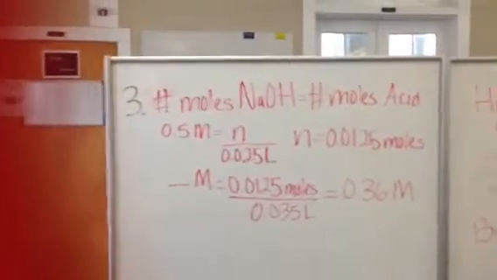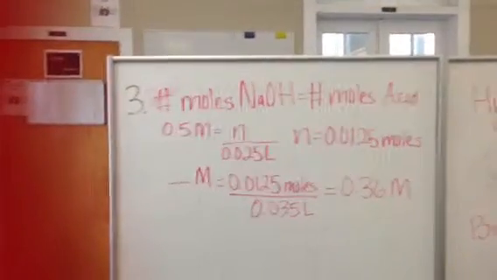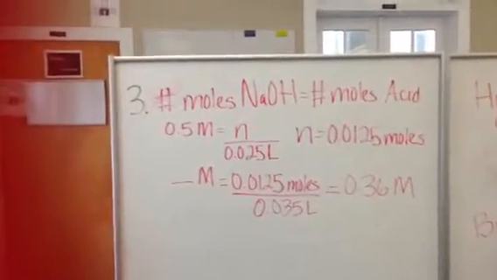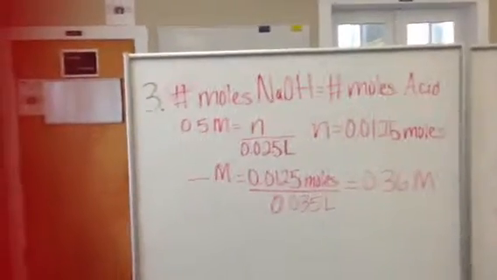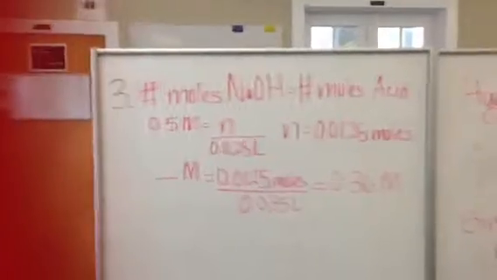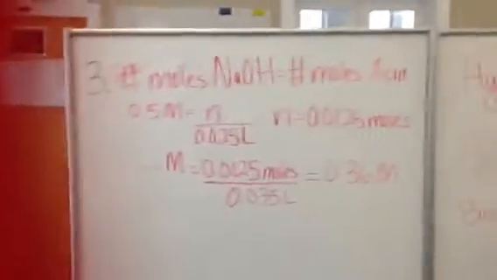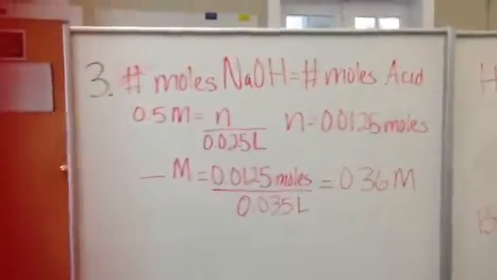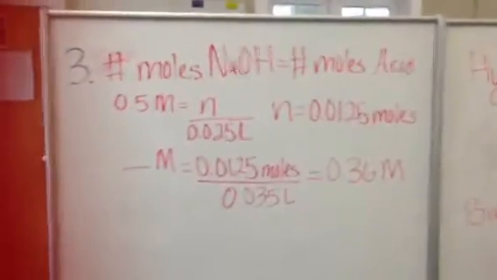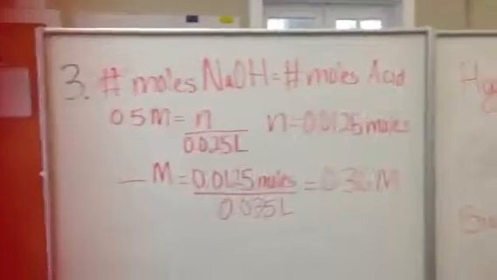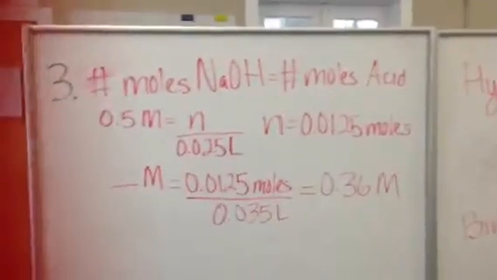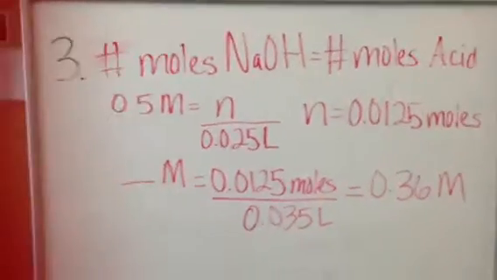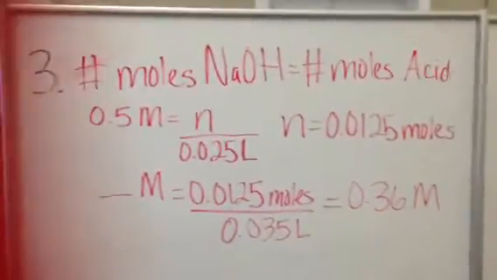Number 3 says, if 25 milliliters of NaOH with a molarity of 0.5 neutralizes 35 milliliters of monoprotic acid, what is the molarity of the acid? The key word in this problem is the word neutralization. That means that we would have to have the same number of moles for NaOH and the same number of moles for acid. So once you realize that relationship, you will do the molarity formula, which is big M is